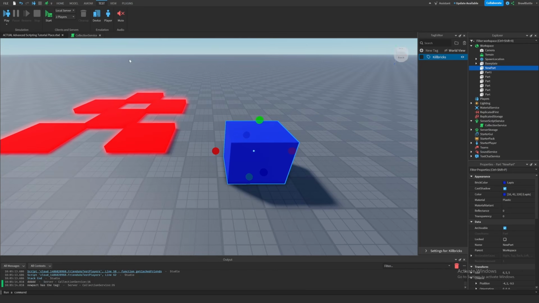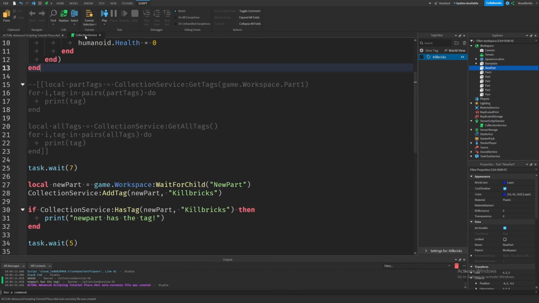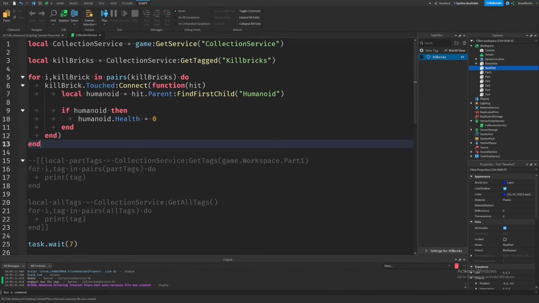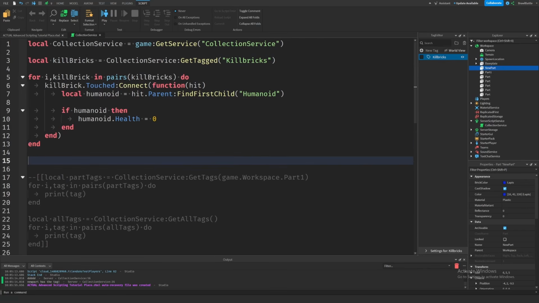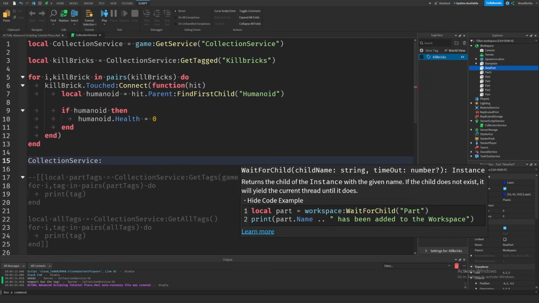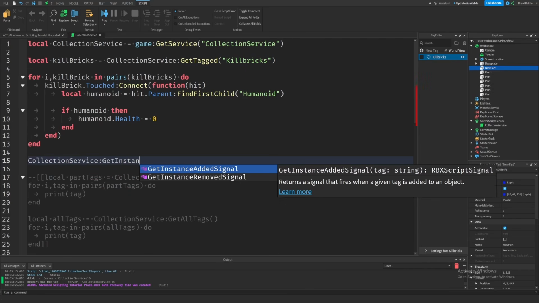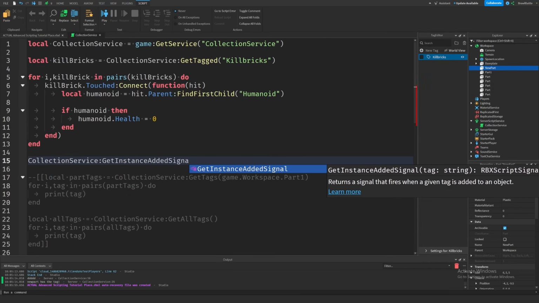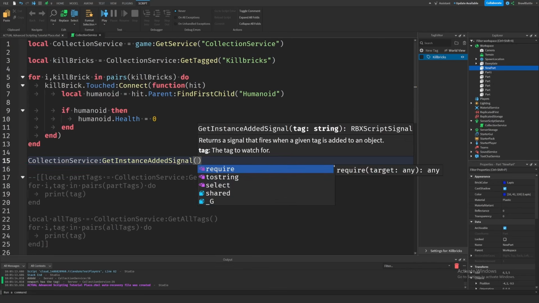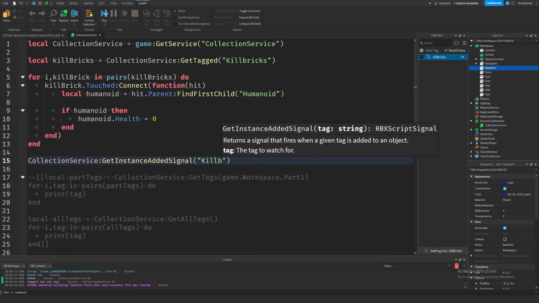So this is pretty much what it's going to look like. Let's go into our CollectionService script and drop 2 lines after our beginning for loop. And this is what we're going to say: CollectionService GetInstanceAddedSignal. And then inside of these parentheses, we're going to put in our tag name, which is going to be